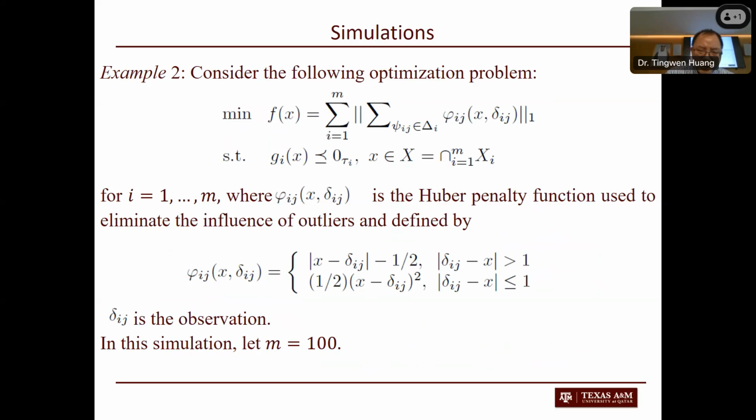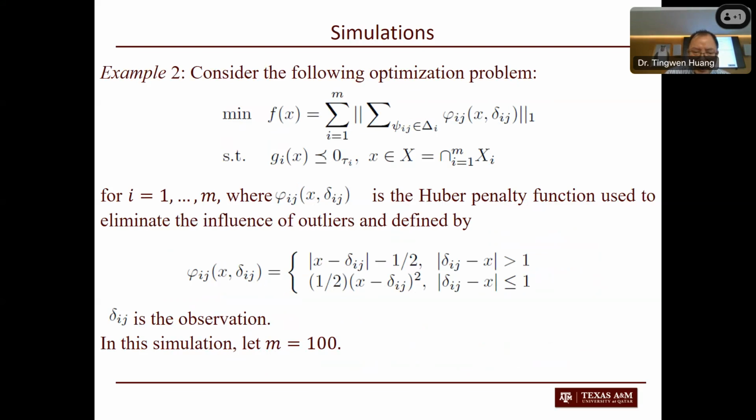This is one constraint. The other one is that x should be in the intersection of Xi, I from 1 to m. Where phi ij is the Huber penalty function, used to estimate the influence of outliers and defined by the following function,